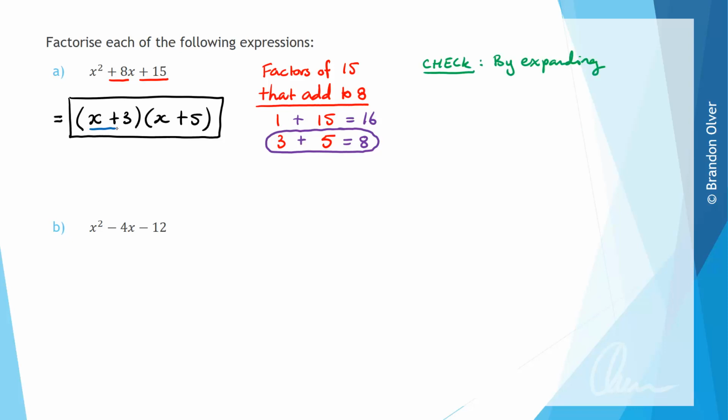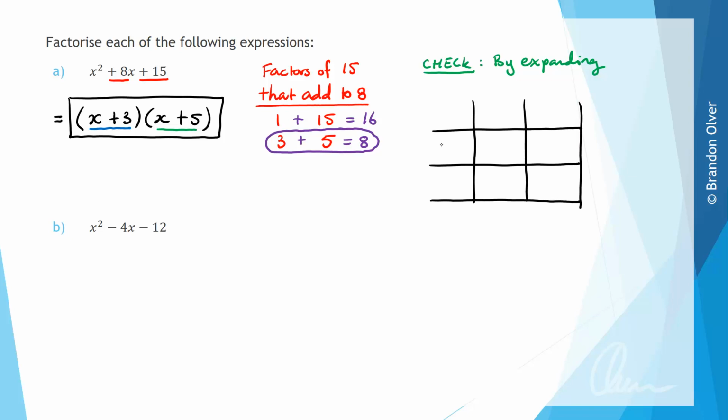So if we put x plus 3 in blue, and we have the x plus 5 in green, we can set up a grid to help us expand this. And down here we'll have x plus 3, and across the top we'll have x plus 5, and this will give us x squared plus 5x plus 3x